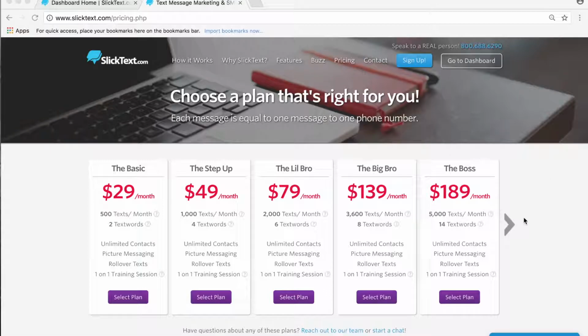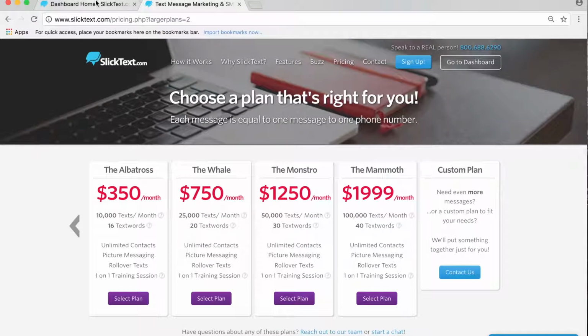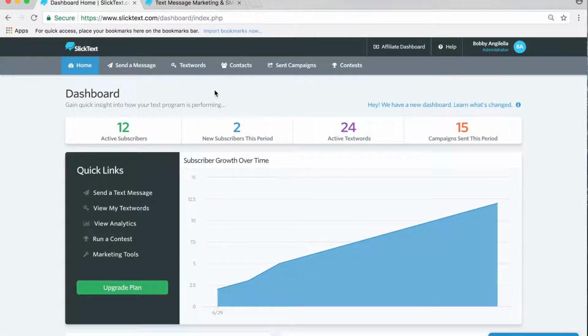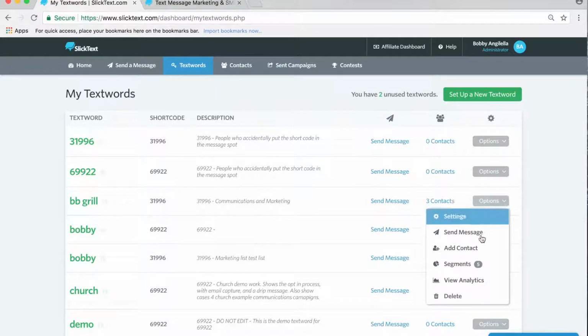If you don't have an account with us already, go ahead and pick a plan based on the amount of volume you want to send per month. I already am logged in, so I'm going to click on Go to Dashboard. From the dashboard here, we're going to go over to the text words page, top center or left here. On the text words page, on the right side of our text word, we're going to click on options and